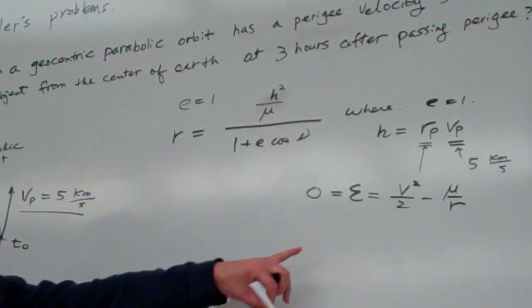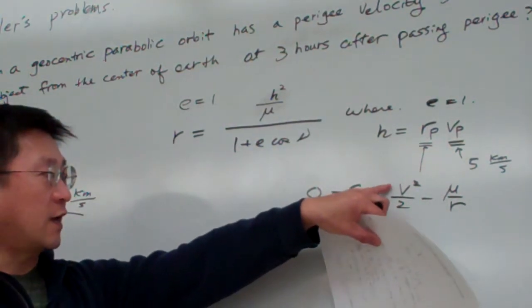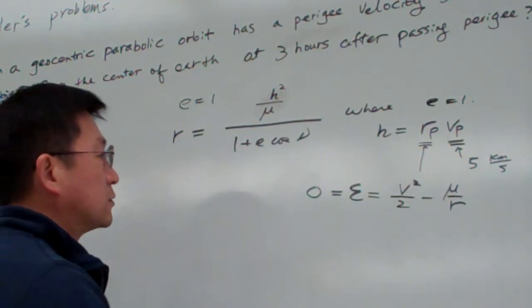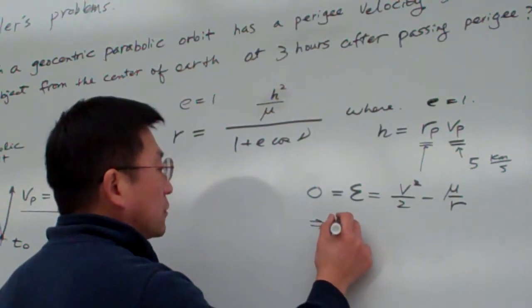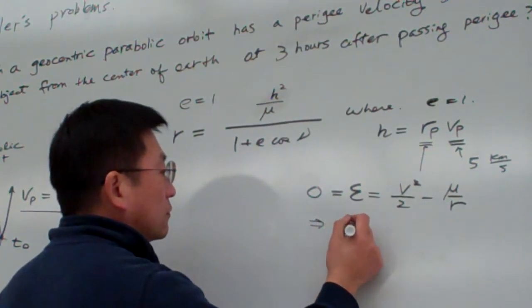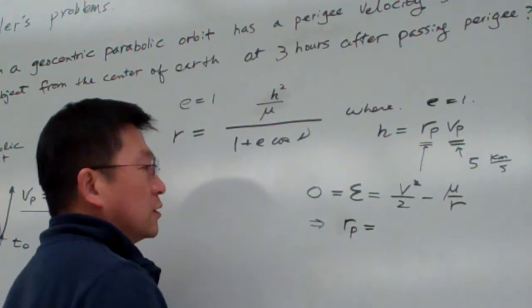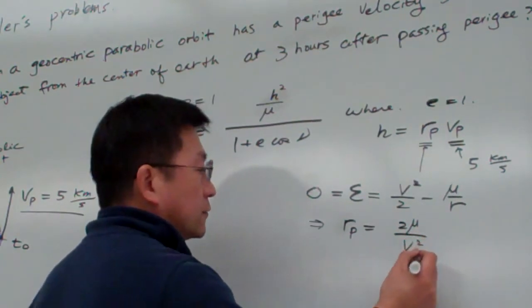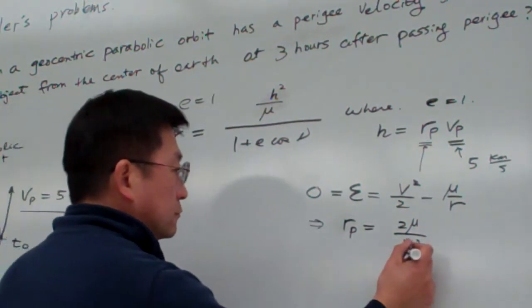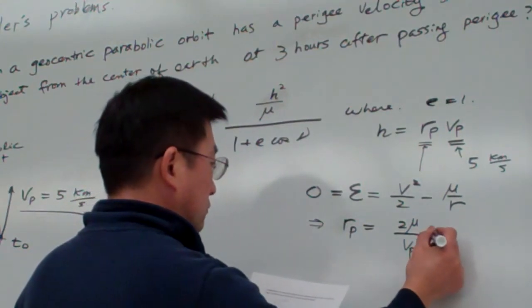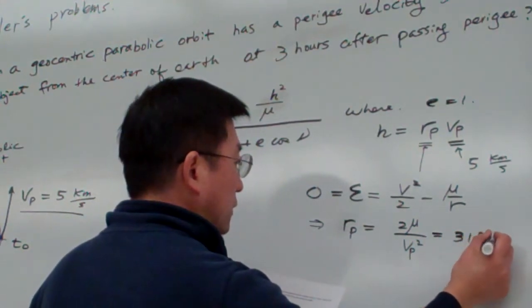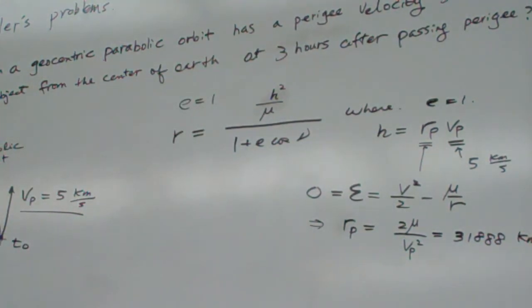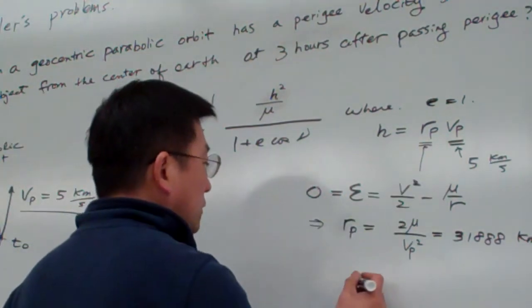So in mechanical energy, we can relate velocity and position, the distance. From here we can calculate r_p, which is basically equal to 2 mu over v squared, equal to 31,888 kilometers. Okay, so we have r_p, we have v_p, so therefore